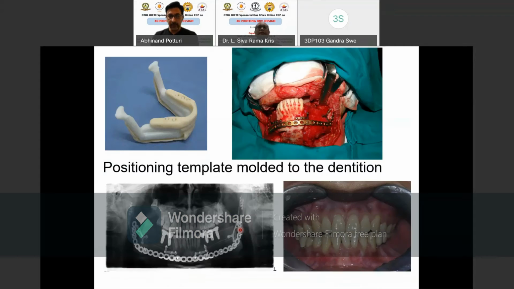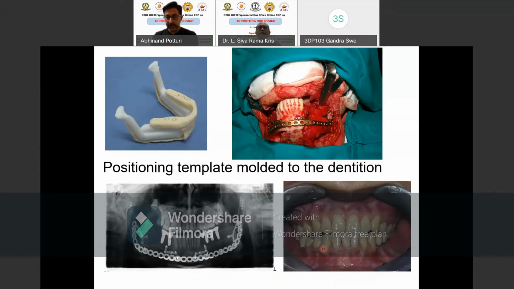So this is the software used, sir? What is the software used for that? So this software is called Mimics software, sir. Mimics you use. Okay. Yes, sir. Mimics software. And we have another software also, sir, which is given by Synthes. Synthes is a Johnson and Johnson company. One of these two softwares we use.